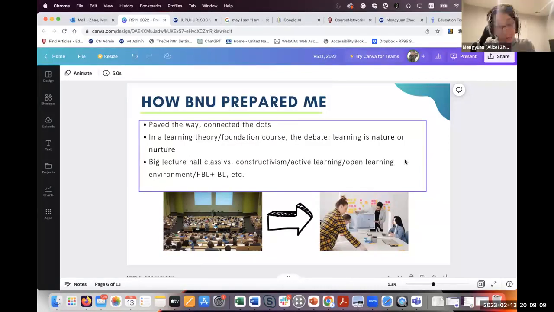When I came to IST, I was very, very engaged in constructivism, the active learning opportunities, all those PBLs, project-based learning, learning about open learning environments, right? Inquiry-based learning and all of these.